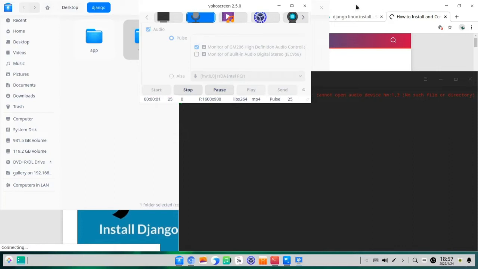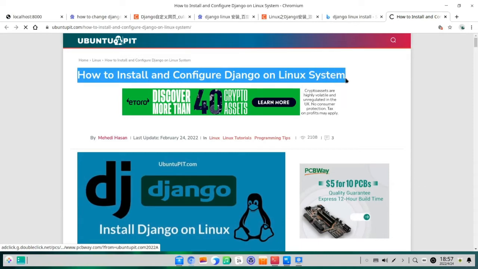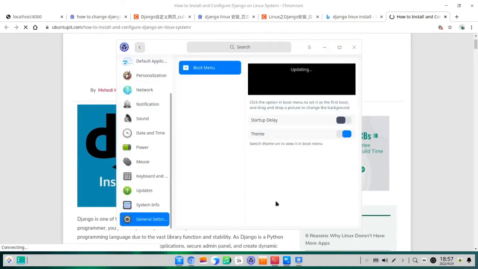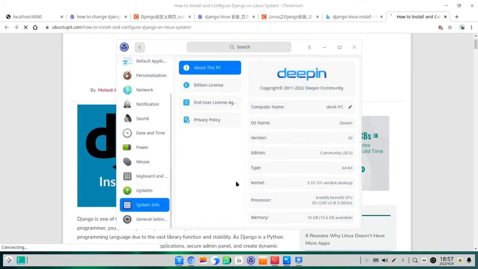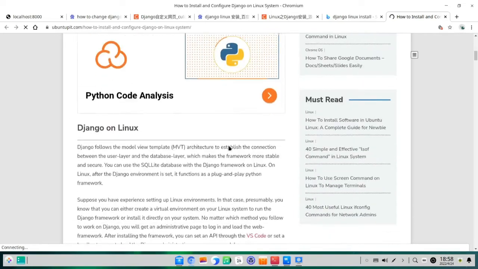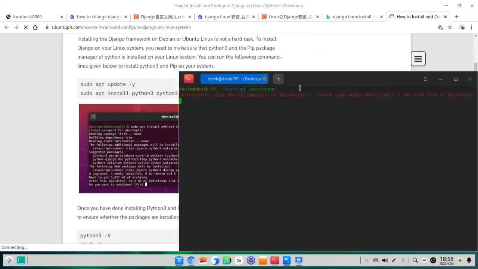Okay, today I'm going to talk about Django Python running on Deepin Linux. What I show you now is the Chinese Deepin Linux running on an Intel Xeon CPU, E3. This is the Django website teaching you how to install, with sudo apt-get